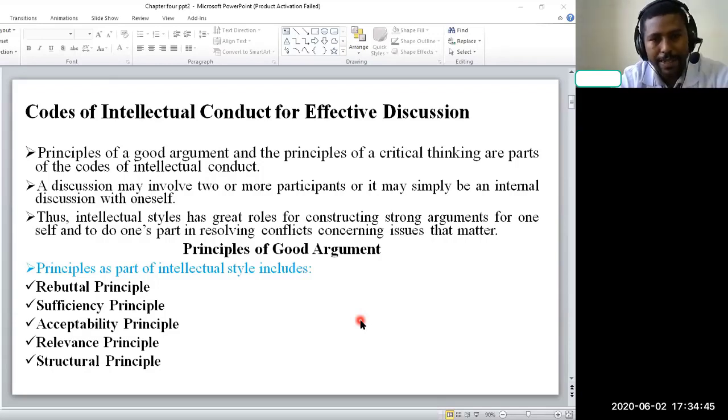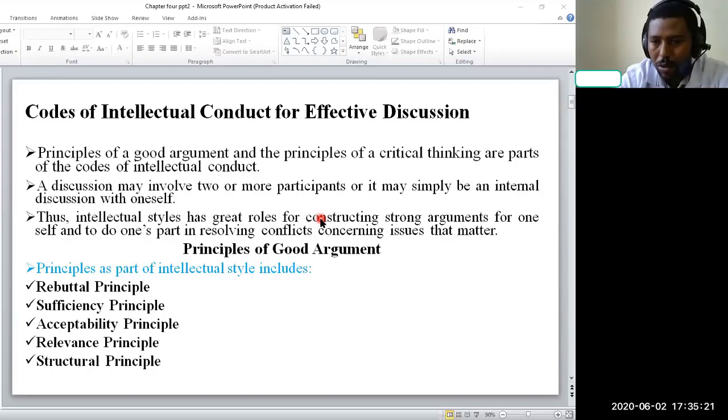So these intellectual codes of conduct are important for any type of discussion, whether with another single individual, with ourselves, or with more participants. This intellectual code of conduct, or sometimes we call them intellectual styles, have their